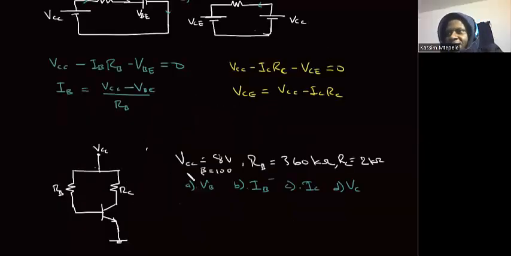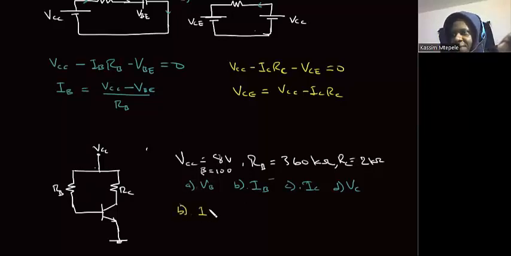For example, we are given the following circuit and the following data: VCC equals 8, RB 360 kilo, RC 2 kilo, and beta equals 100. We are being asked to find the following: VB, IB, IC, and VC. So for my equation above, we can start with part B,